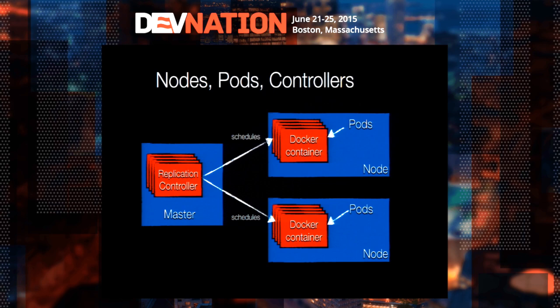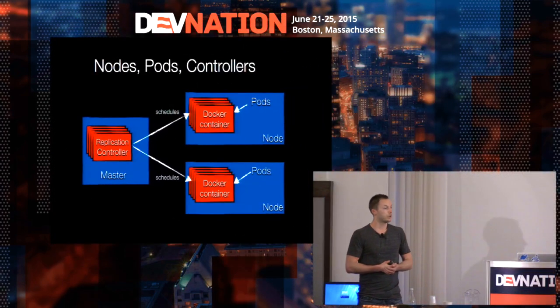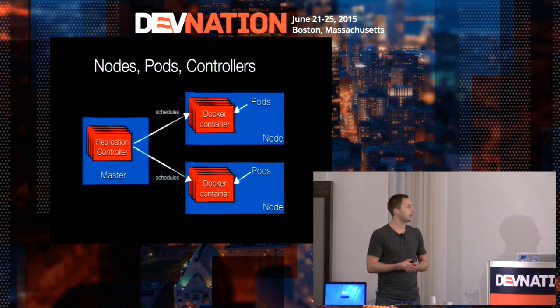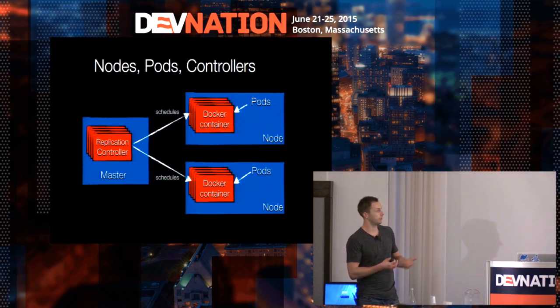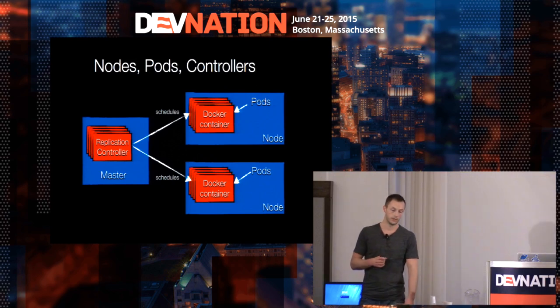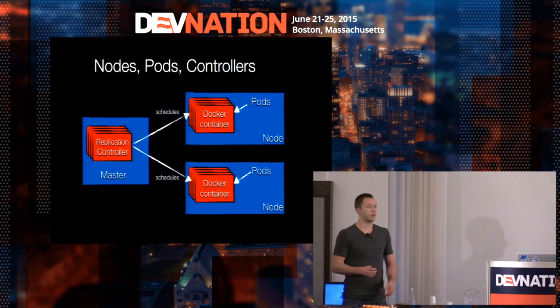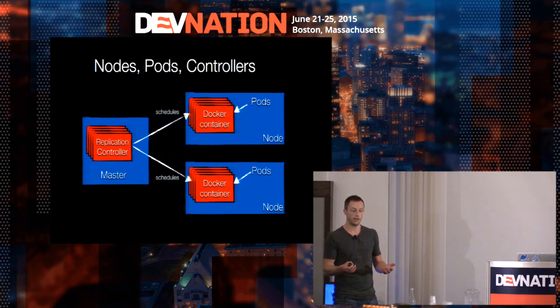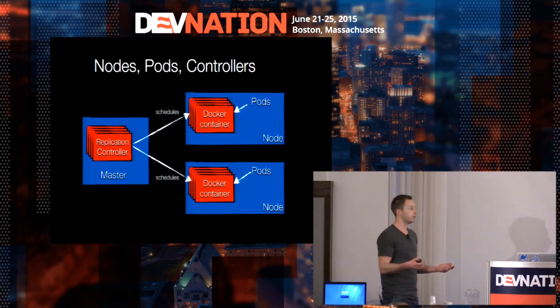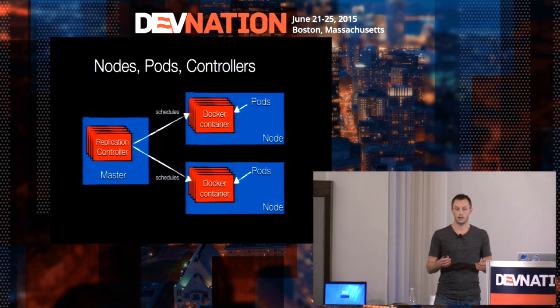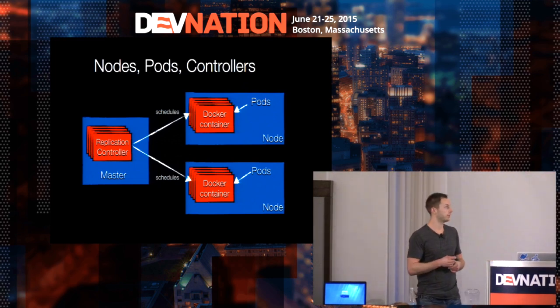If you talk about Kubernetes, there's a few concepts that you should really understand, to be able to even use it, and especially to be able to build on top of it. So the first concept that we're going to see is the fact that there is a master node in a Kubernetes cluster. And this master contains an API. So we can just use REST to talk to the Kubernetes master and do stuff with Kubernetes.